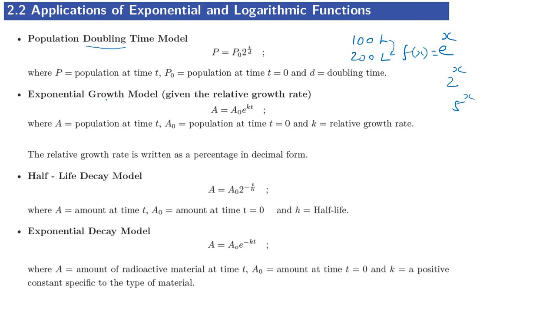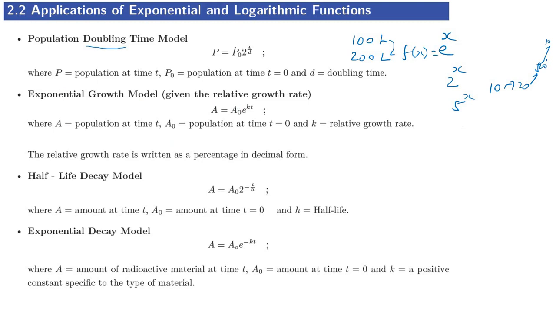The second one is the exponential growth model. The word exponential growth means, generally, if you look at coronavirus or any bacteria, okay, it will grow. It will grow means first it may be 10 cases, then increase to 20 cases, then 50, then suddenly 100 or 200, like that it will increase. That is the exponential growth model, okay.